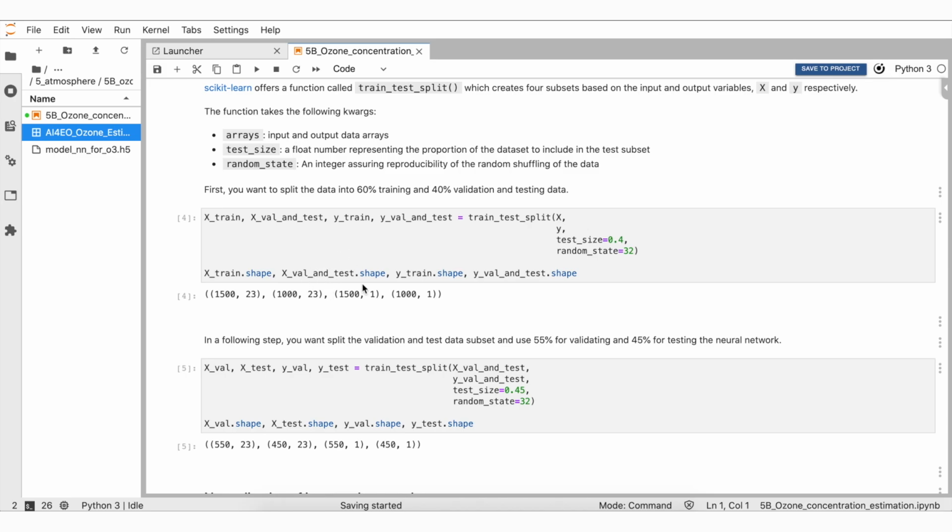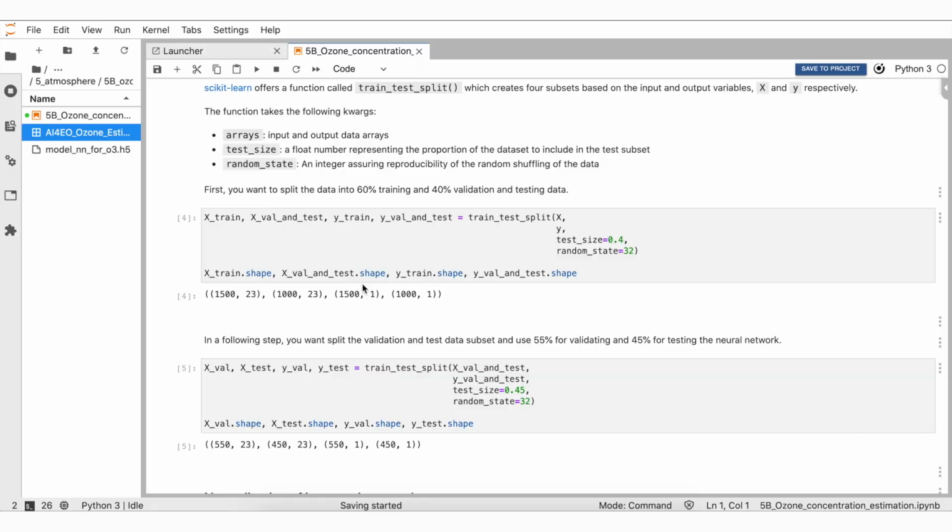In the following step, we want to split the validation and test data also into 2 different subsets. On one subset we want to validate the model performance after each training cycle, and with the other subset we want to evaluate the overall training process and the model performance. So we split our validation and test subset and use 55% for validation and 45% for testing